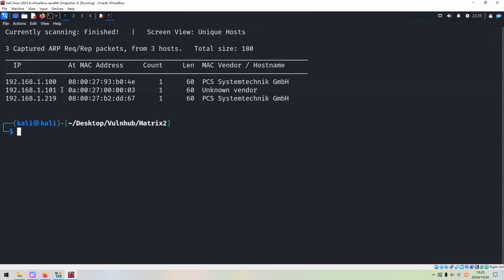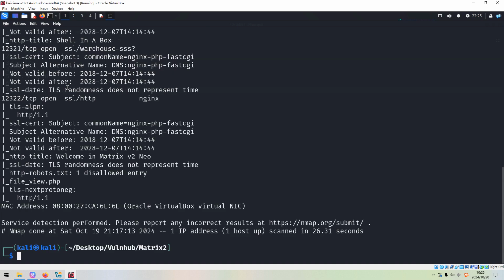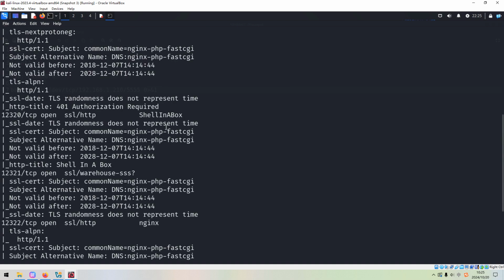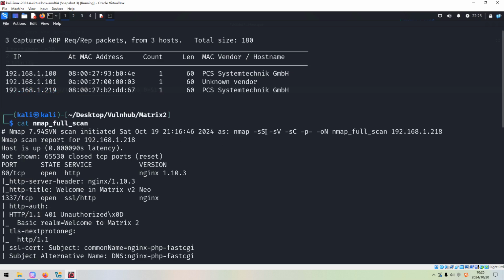So what shall we do next? We need to do the port and service scanning with Nmap. To save time in this video, I've already completed it before, so for now we just get out its result. As you can see over here, I used options like SYN scan, the version scan, the default script scan, followed by -p- to do the full range port scan. The last option of all is -oN to output the result into this file.